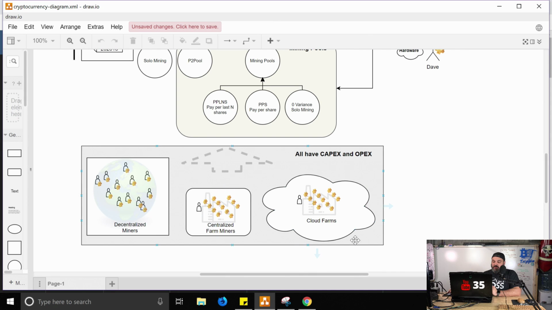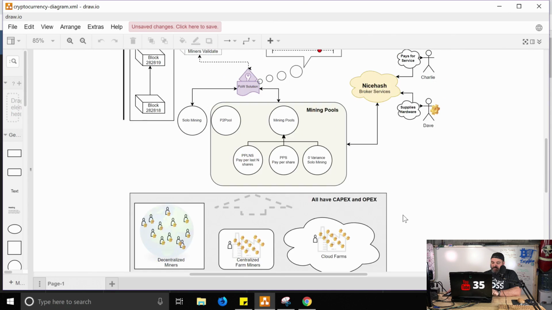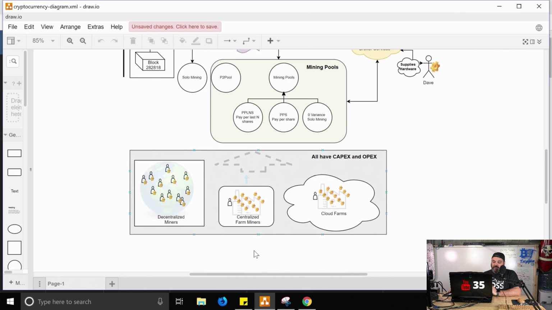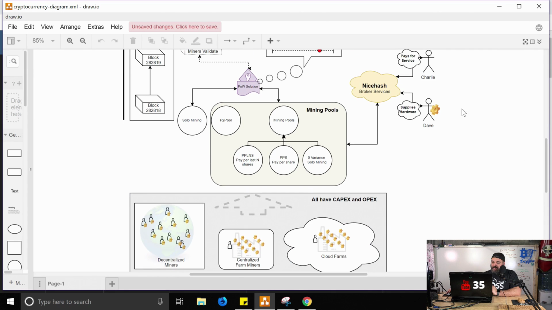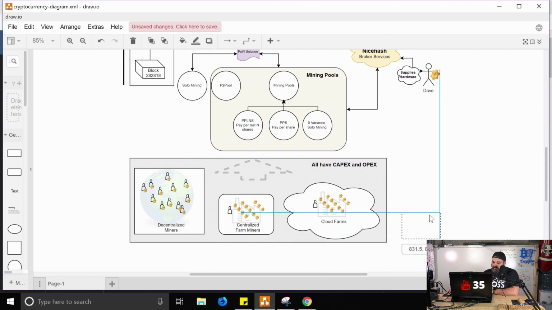Then you have your cloud farms, which is kind of off to the side. It's essentially the same as centralized farms, with a centralized cluster of hash power. However, you have this kind of broker. These serve as a broker agent, where you have a person that wants to pay for a service. We're going to copy this here. We're going to be editing this document as we go, because I'm going to make this available for you guys. So you have pretty much an agent